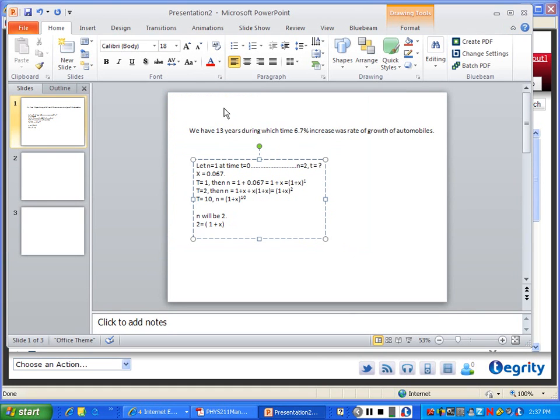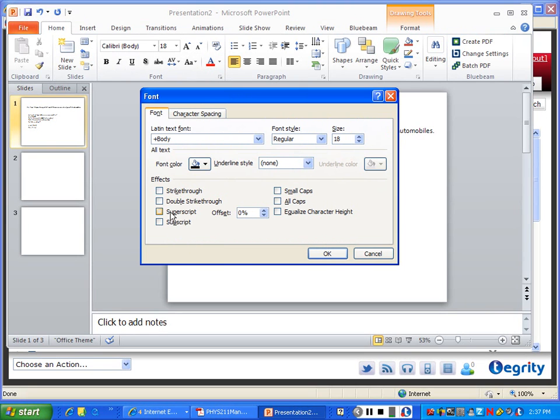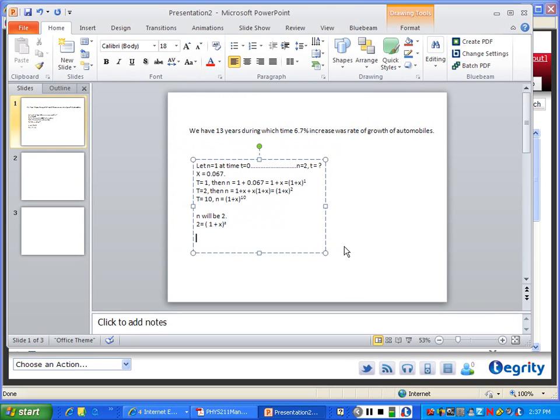I don't know what we want to call this. We'll just call it z. Okay, we're looking for z. What is the value of z that makes the equation (1 plus x) raised to the z equal to 2? Right. So we know what x is. We don't want the superscript anymore, do we? Okay. So we've got the equation 2 equals (1 plus